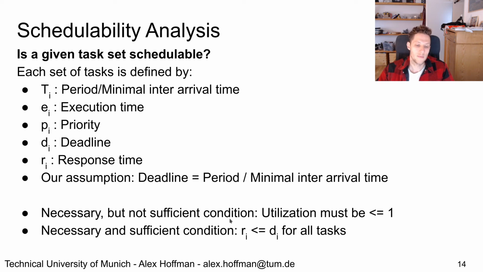to the deadline. This is a necessary and sufficient condition to say it is schedulable, whereas saying that utilization is less than 1 is not necessarily sufficient, because given preemption or the order of the tasks, we might miss deadlines even though we are not exceeding 100% utilization of